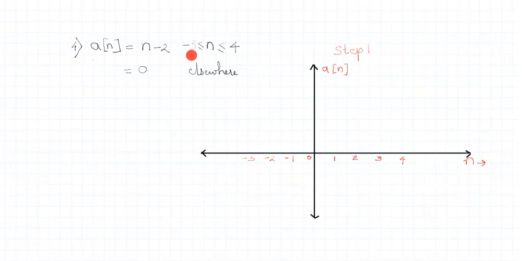So, the signal extends from -3 to 4. You could see here I have mentioned all the time instants over which the signal is going to be present. So, let us start to plot it now. Let me start with -3. So, when I take -3, right, the very first value, what is the equation we get? -3 minus 2 becomes -5.